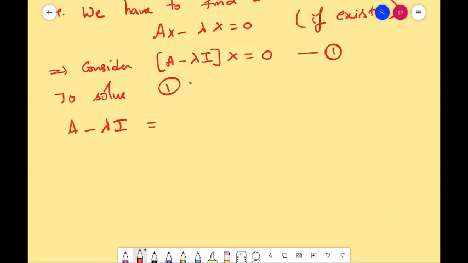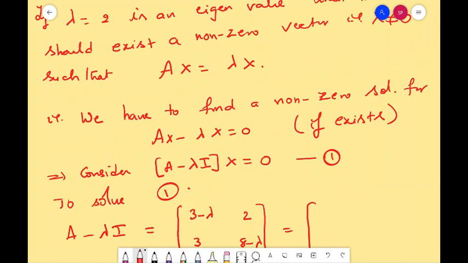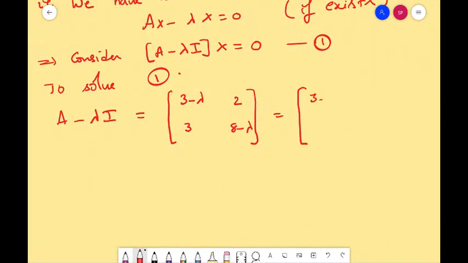A minus lambda I means we will take matrix A. What is matrix A? 3, 2, 3, 8. In the diagonal you will subtract lambda. That is A minus lambda I. What is the lambda value here? Lambda value is given as 2. So subtract that: 3 minus 2, 2, 3, 8 minus 2,